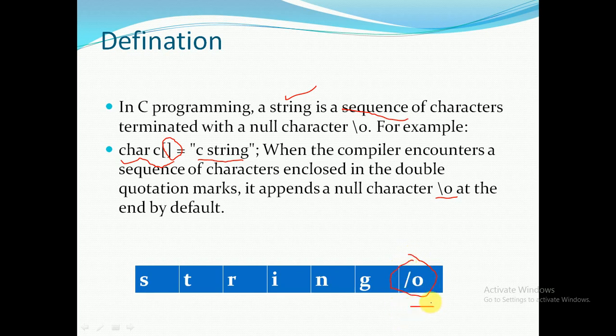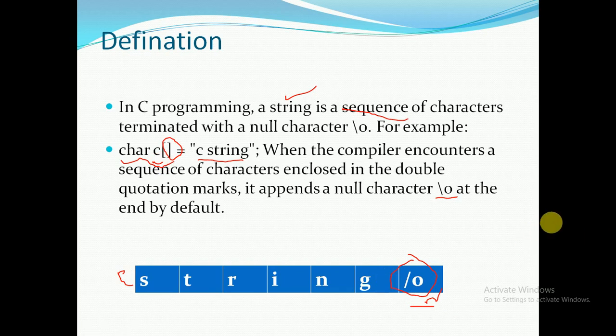Internally the compiler writes the null character at the end of the string. If I am storing a string in the character array, at the end there will be a null character. We need not specify it; the compiler will write it.